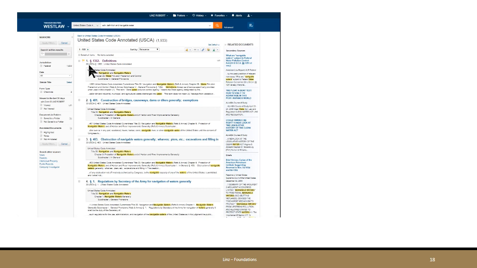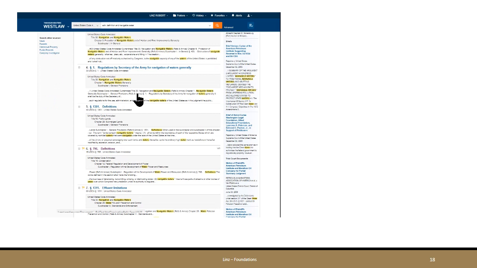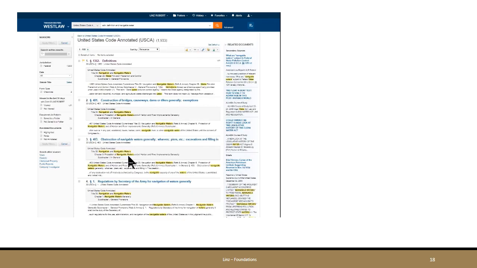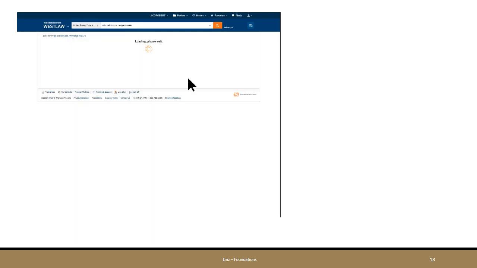And it's in Title 33 and it's Section 1362. But we see other definition sections. We see one in Title 43, we see one in Title 16. So we'll have to sort all that out, but immediately what we'd like to do is see if we can improve our search. And we said there was a slightly different search we wanted to use, right? We wanted to replace the and with the /s. We can just do that in the search bar, and now we go from 1,933 results to